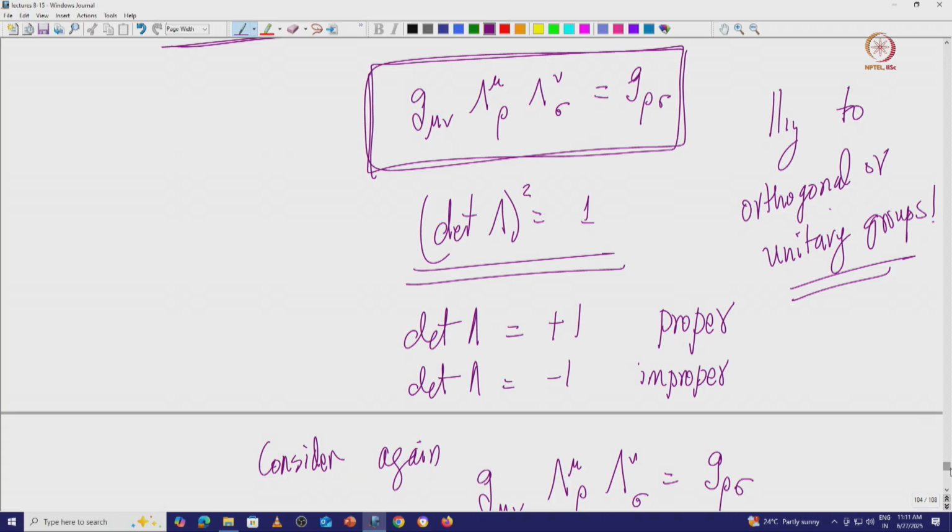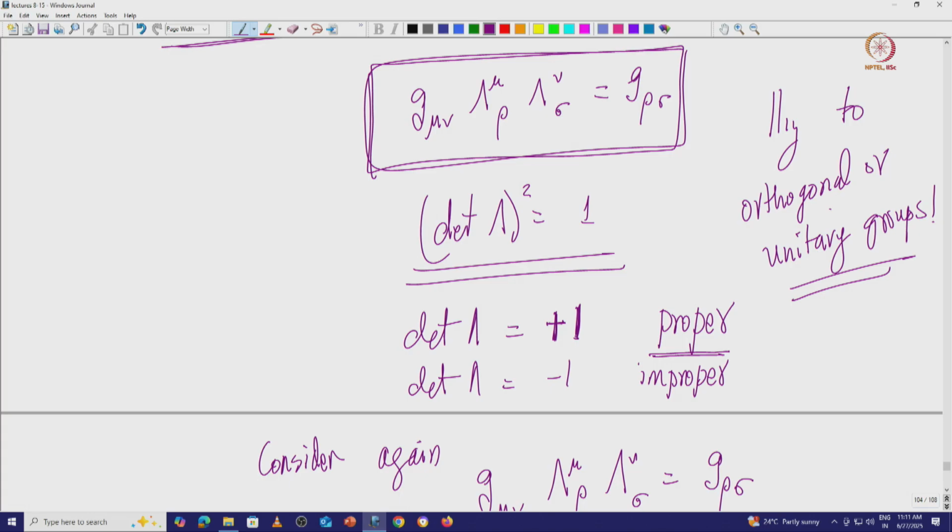So in Lorentz transformations, instead of calling them special, we call them proper or improper. So we choose the positive determinant. So we are worried whether the positive determinant would correspond to boosts and rotations essentially.